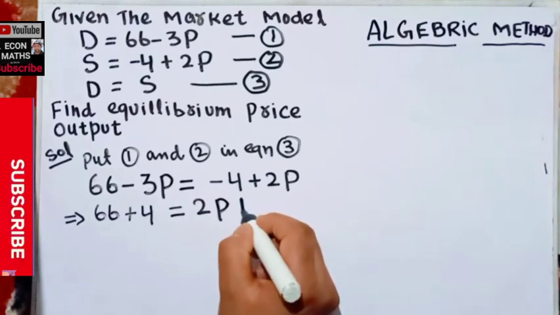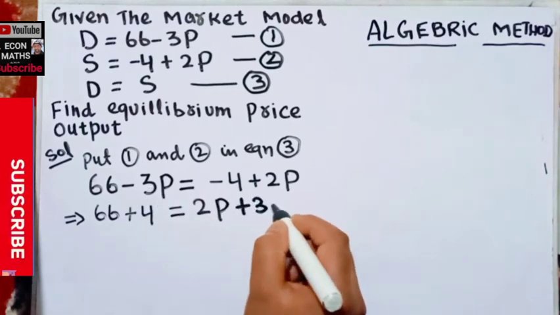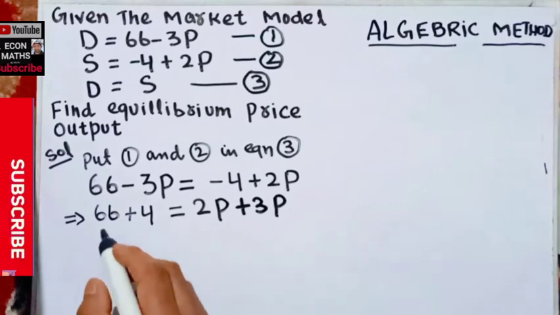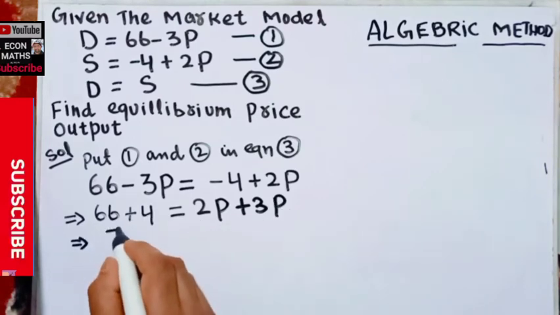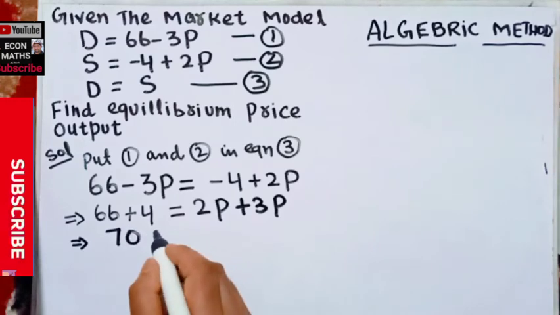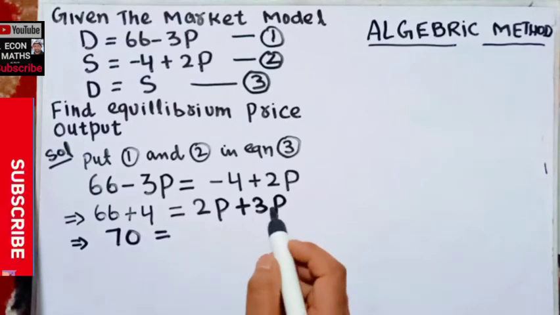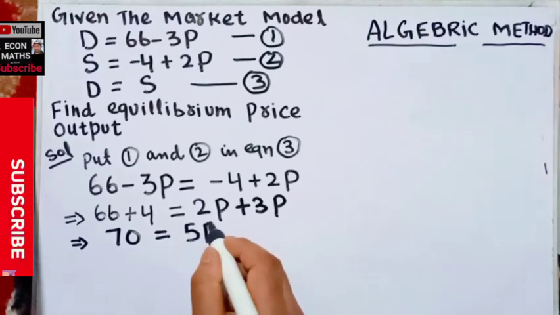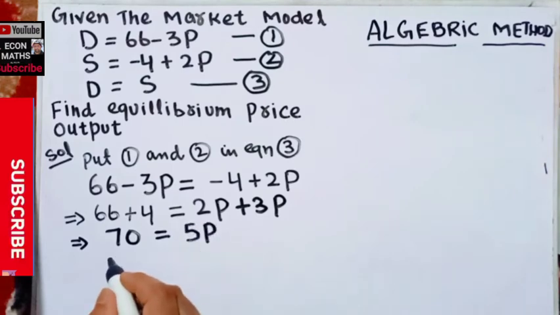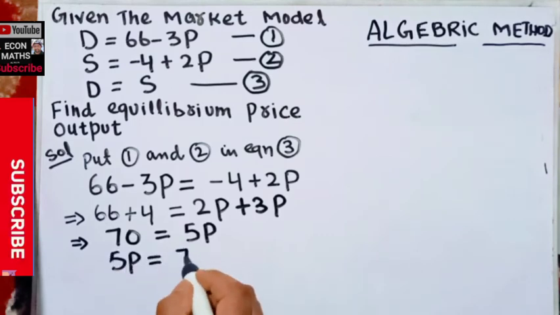So 66 plus 4 is equal to 70, and 2P plus 3P is equal to 5P. So we can write this as 5P is equal to 70, or P is equal to 70 divided by